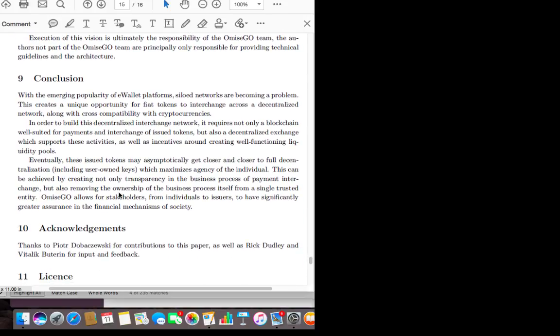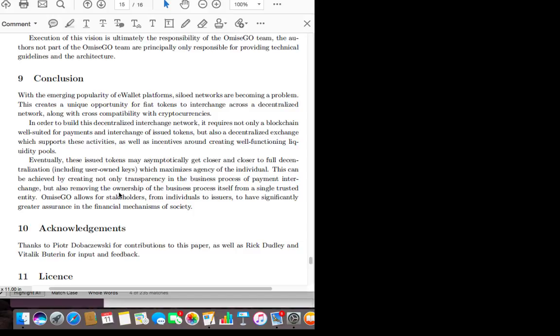So the conclusion statement is, with the emerging popularity of e-wallet platforms, silo networks are becoming a problem. We've seen a lot of that, guys. So they're saying that this is an opportunity for, and they use the term fiat tokens, to interchange across a decentralized network, along with cross-compatibility with